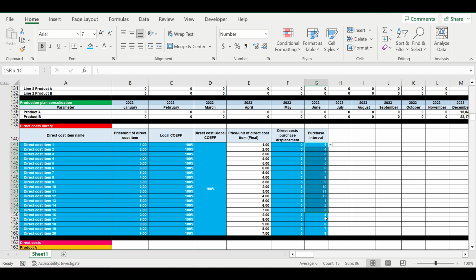Here we can specify the purchase interval as well. So what does it mean? Some raw materials will be purchased once a month. Some of them will be purchased once in 2 months, or once in 3 months, or once a year. So if here we place, for example, 6, this means that this raw material is purchased once in 6 months,